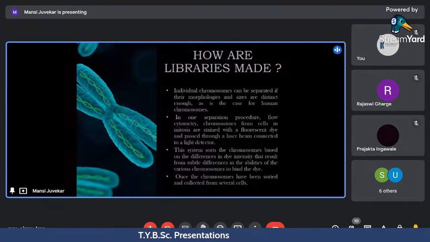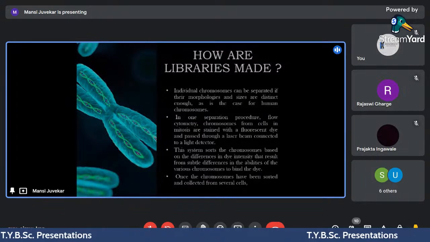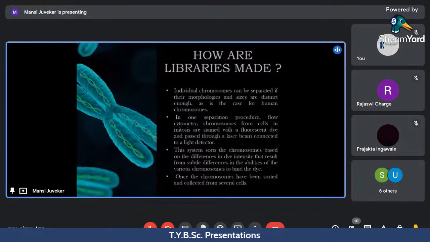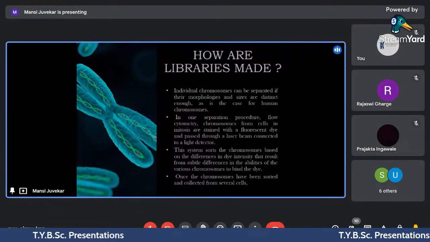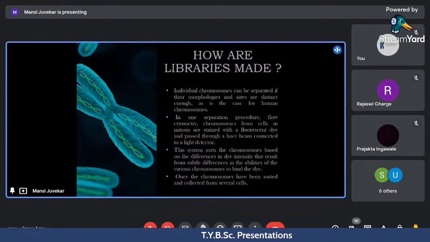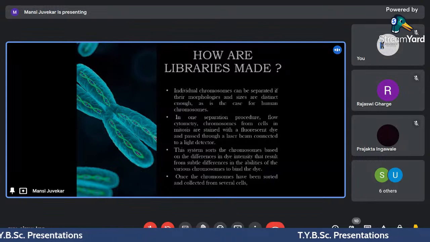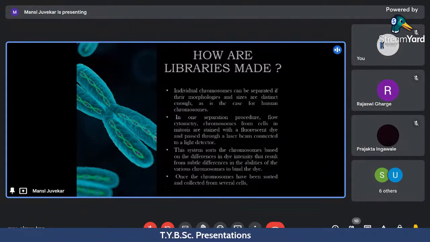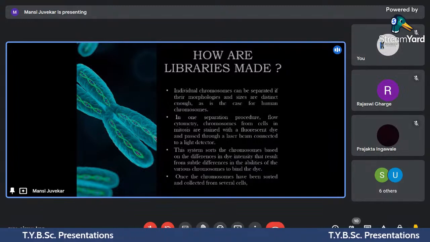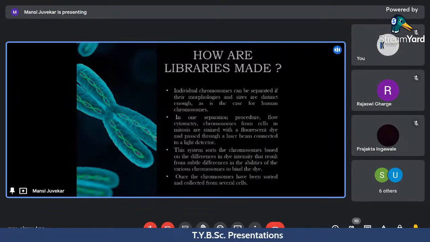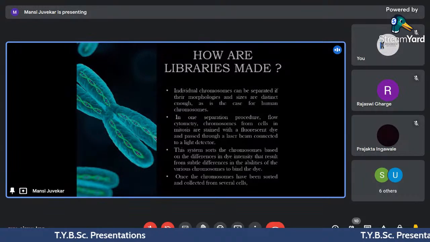Once the chromosomes have been sorted and collected from several cells, तो बेसिकली यहाँ पे ये बोला गया है कि जैसे मैंने पहले बोला कि जो फर्स्ट क्रोमोसोम होगा वो सबसे लार्जेस्ट होगा और जो 21st क्रोमोसोम होगा वो सबसे स्मॉलेस्ट होगा। जो लार्जेस्ट होगा उसका डीएनए का साइज सबसे बड़ा हो सकता है, इसलिए वो सबसे लार्जेस्ट है। तो उसको हम कैसे डिफरेंशिएट करते हैं? वो एक प्रोसीजर है फ्लो साइटोमेट्री। उस टेक्निक को यूज करके हम क्रोमोसोम को उनके साइज के हिसाब से डिफरेंशिएट कर सकते हैं।